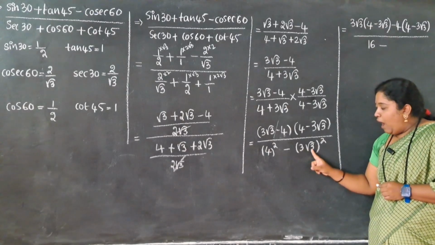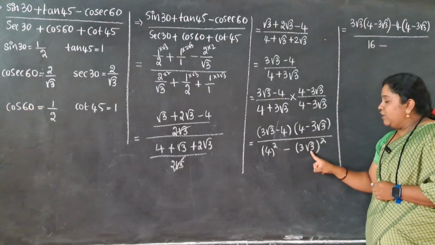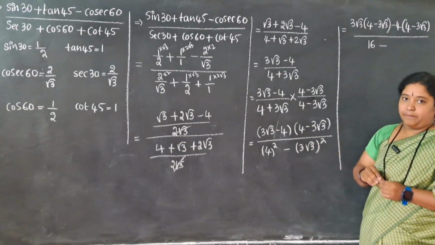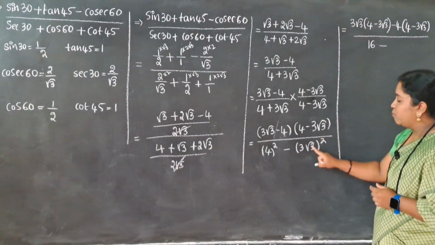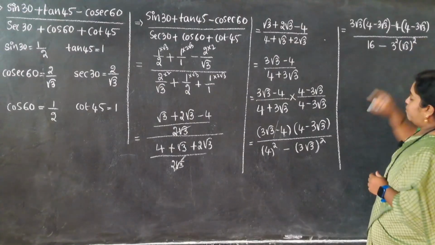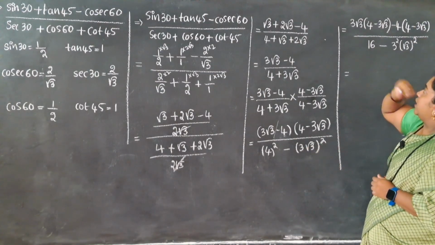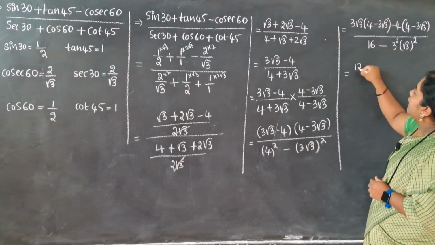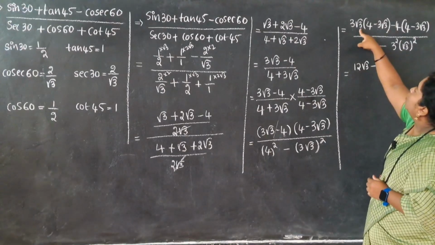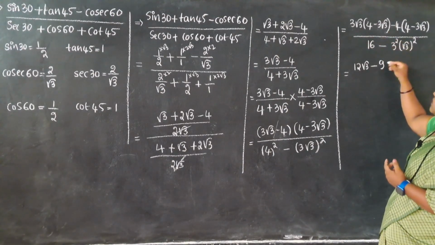I told you in the previous question itself. These two are in the form of multiplication. This square is related to both the values. 3 root 3 means 3 into root 3. Fine. Okay, the square is applied to both of them. 3 square into root 3 the square. Both values are to be squared. Now, look at the numerator part. 3 4s are 12 root 3 minus 3 3s are 9 root 3 into root 3. Root 3 the square. Square and root will get cancelled.